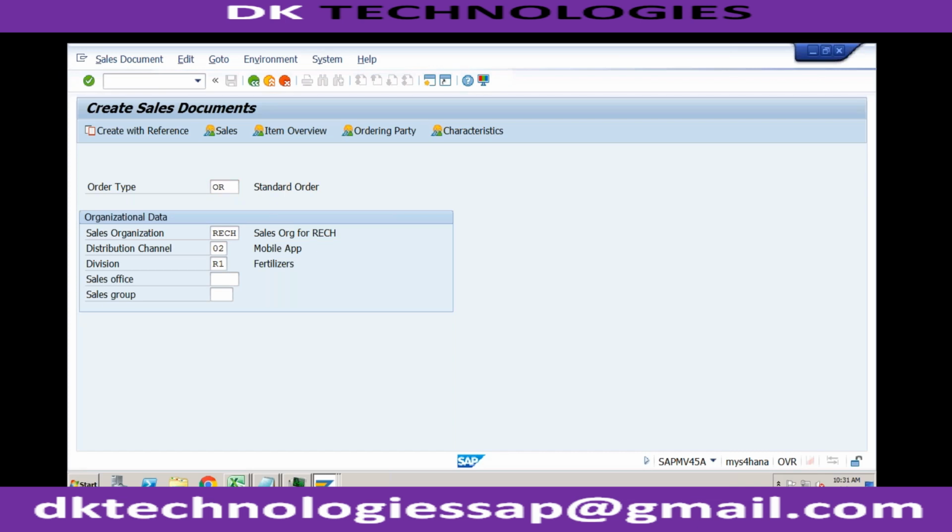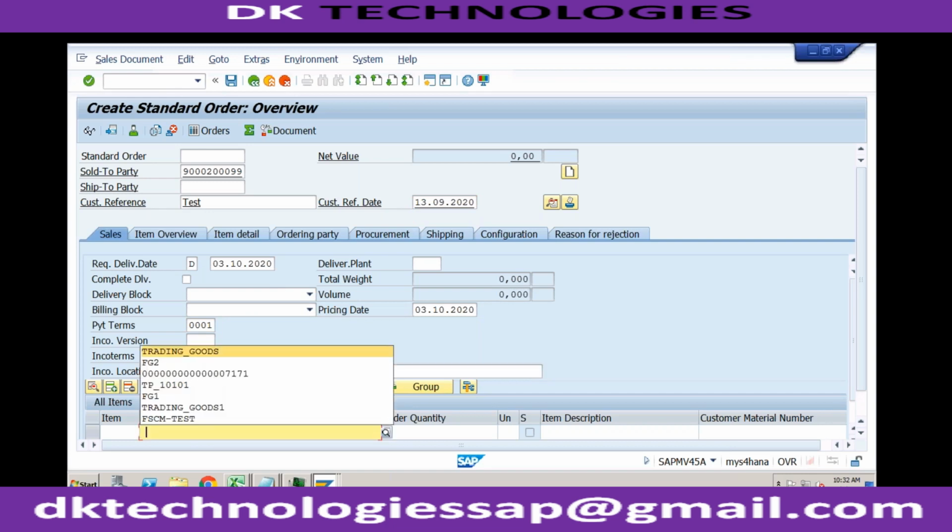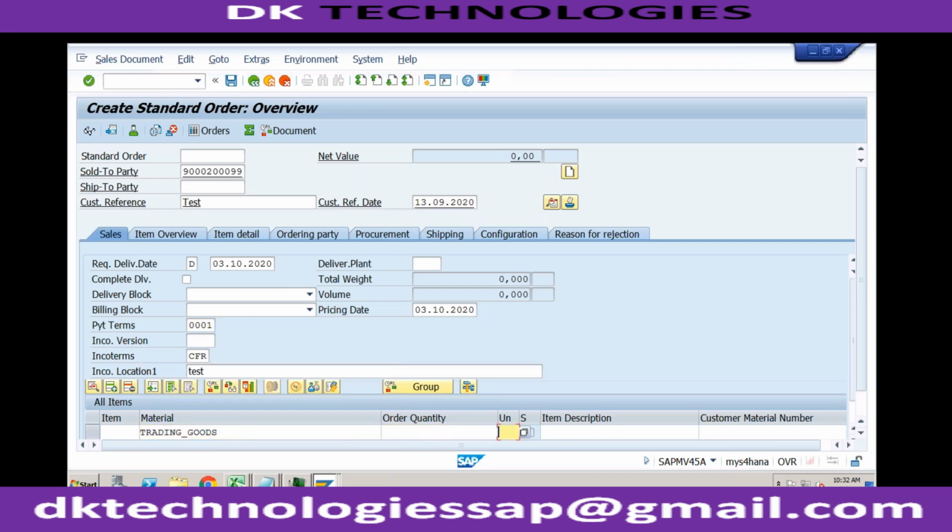Okay, so what is happening currently if I'm trying to create a new sales order? System becomes slow. So if I just provide my customer reference, okay, I'm just entering the mandatory information so that I'm not unnecessarily getting the incompletion log. Okay, if I enter the material here, quantity, and the plant,